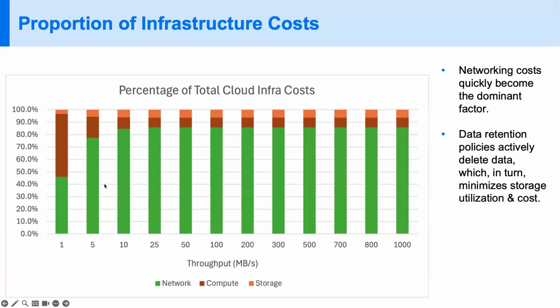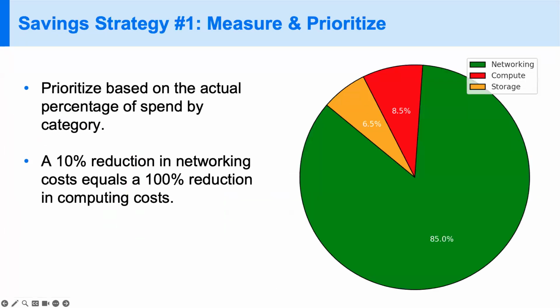right? So when you're looking at trying to optimize these things, the best strategy is to first understand what problem you're trying to solve and prioritize your efforts accordingly, right? So if you're looking at the same chart we showed in the previous slide as a pie chart, as a whole percentage of where my costs come from if I'm running a cluster of this size, that big green circle there indicates networking. Again, if you're using public network to come in, you can see it as the dominant factor. And you should prioritize your cost cutting efforts based on the actual percentage of the